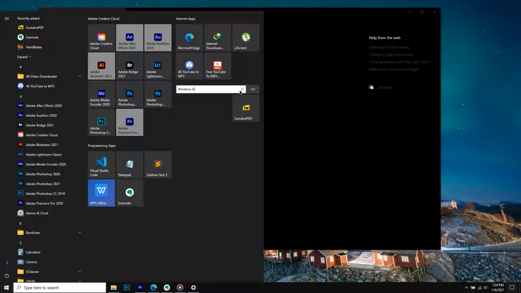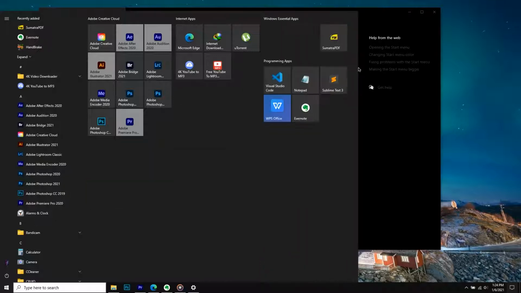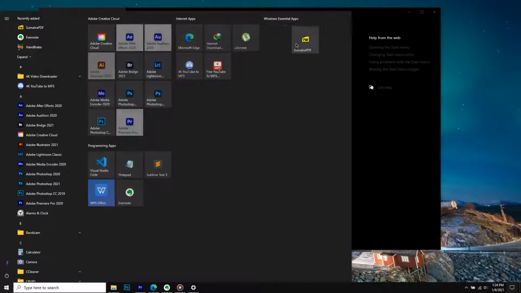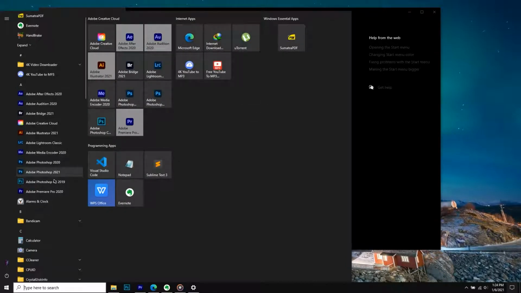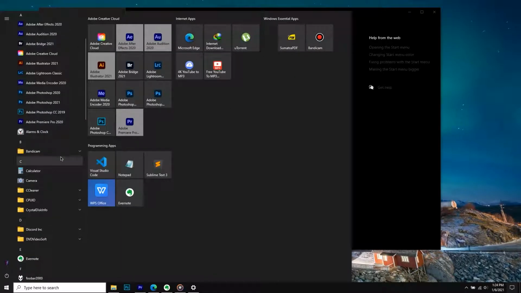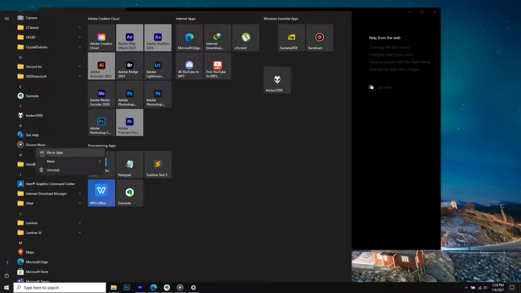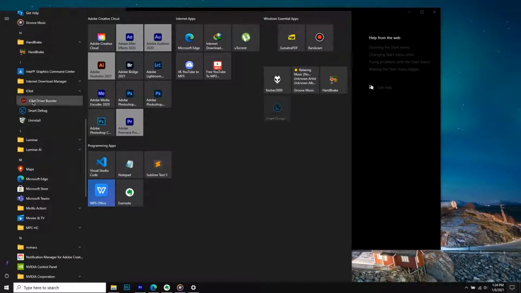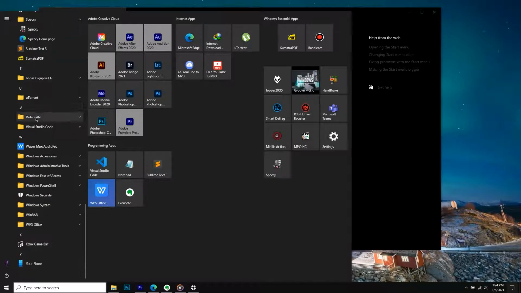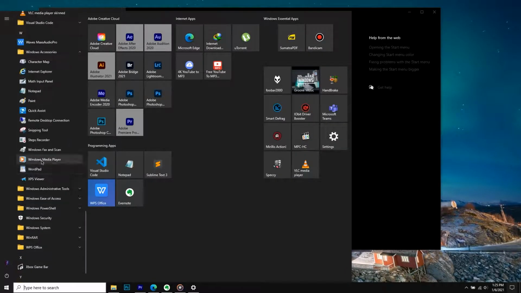Now the other thing here, which is pretty common, is of course Windows Essential Apps, which you would need if you're a bit more of a productive person. You can see how I use most of the time Sumatra PDF and stuff like that to read and view PDFs. So Windows Essential Apps come in handy. So let's add that quickly as well. Now it pretty much depends on what you want to use most of the time. So let's just speed up the process.